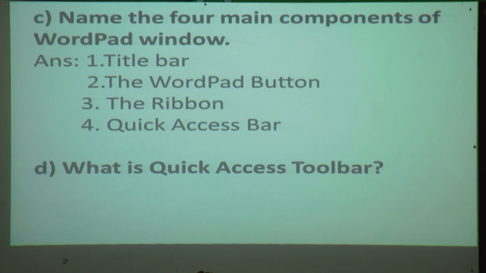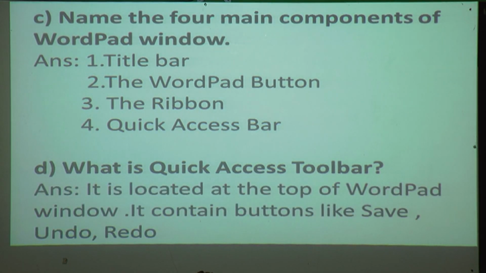And last one question. What is quick access toolbar? What is mean by quick access toolbar?